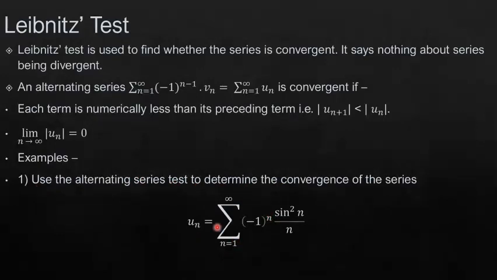You can clearly see that we have a series from n equal to 1 to infinity. What is the best way to identify if the series is alternating or not? If the series is alternating, you will always find the term minus 1 to the power n. This signifies that if n is 1, the whole term will be negative. If n is 2, the whole term will be positive. That signifies that the series is alternating. So you can pause the video here and take your time to solve the example.